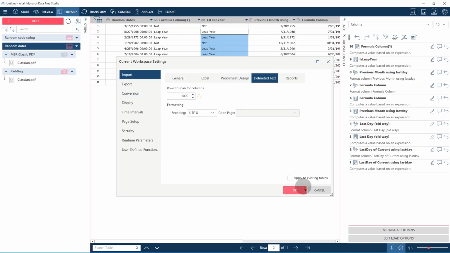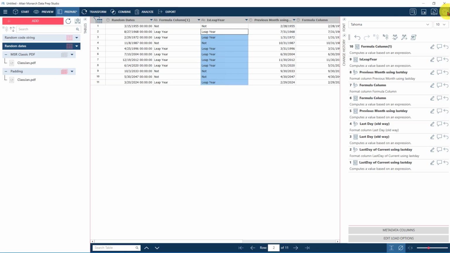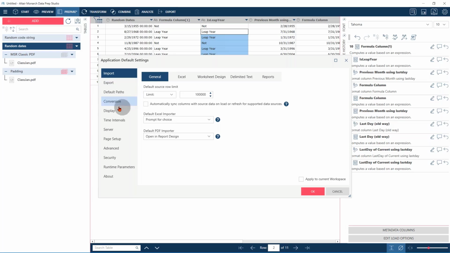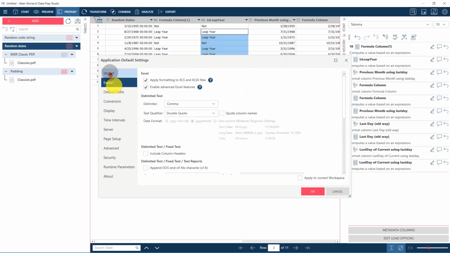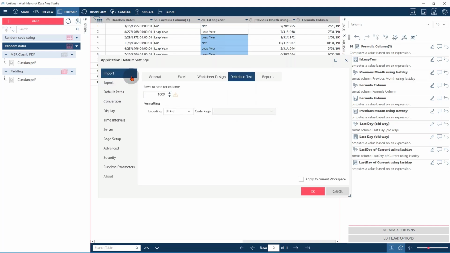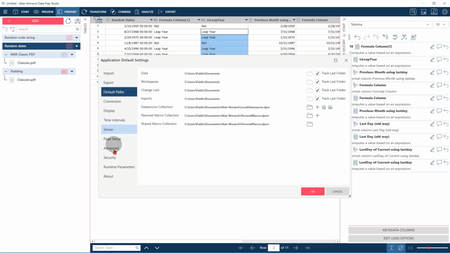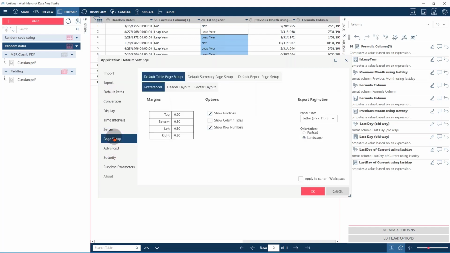Oh, wait a minute. Is it application? All right, now I'm lost. There is a way. It might be when you actually bring it in that you see the separator. Is it because you have a PDF and not a